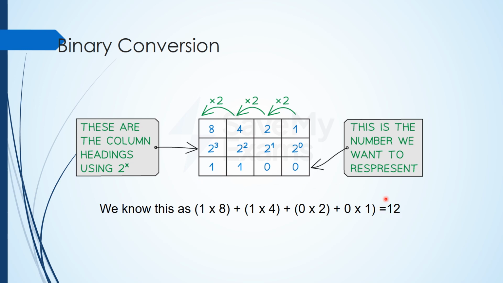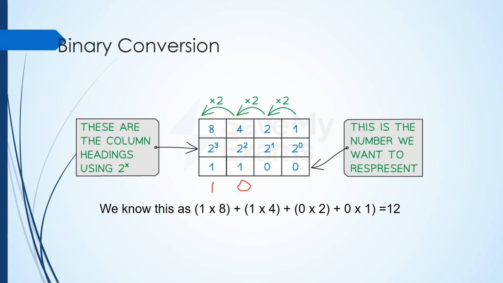And if we want to make 12, then we just have to turn on the bits 8 and 4, and the rest of the 2 bits must be 0. Let's say we want to make the binary of 10, so how can we make it? Let's quickly see. We just have to make it 1